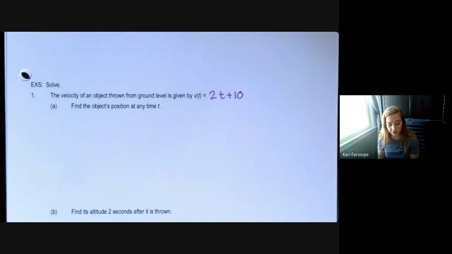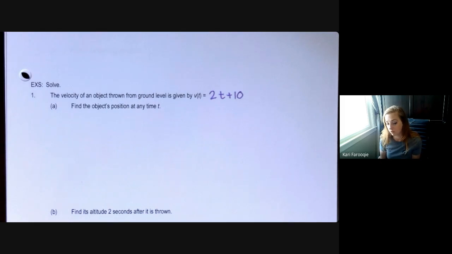Find the object's position at any time t. So you're being given the velocity, and we need to go back to the position. If you don't remember these problems, you haven't really seen very many of them since, I want to say, chapter 3, but maybe you did see some of them in chapter 4. Remember that velocity is the derivative of position. So if I'm given the velocity and I want to get back to the position, then I need to take